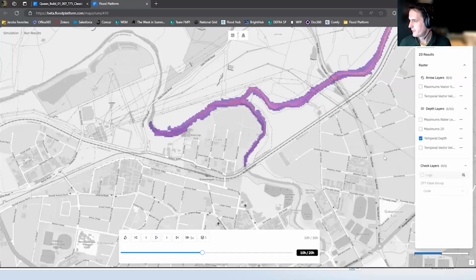And one thing that will be available in the beta shortly is all the check files too, so you can see the Z point checks, the grid checks, and so on. We're just finishing the style on those. So this on its own is a really powerful tool to enable me to understand my models better, to understand what's in those zip files really, really quickly.